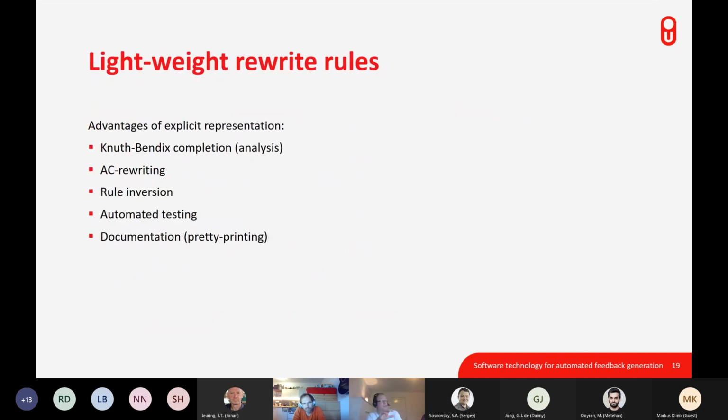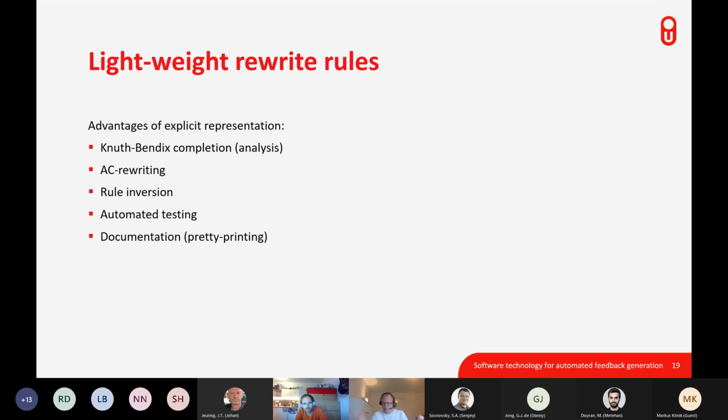So the advantage of this representation that I now have is that I can do all kinds of interesting things based on these rewrite rules that I can define, as I just showed you. So I can do all kinds of interesting analyses on these rules. For instance, Knuth-Bendix completion, which tries to make a set of rewrite rules confluent. I can also use AC rewriting for these kinds of rewrite rules. So that's rewriting modulo associativity and commutativity, which is very important if you are in a domain which has associative and commutative